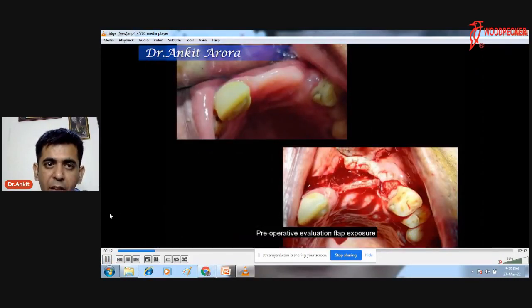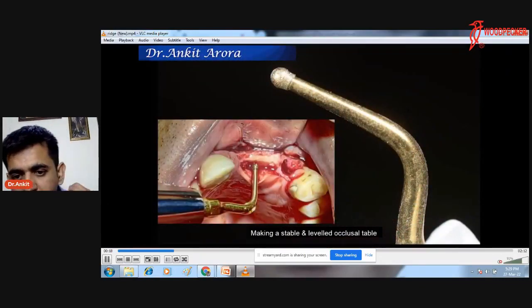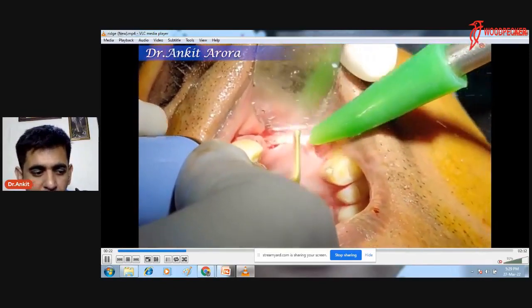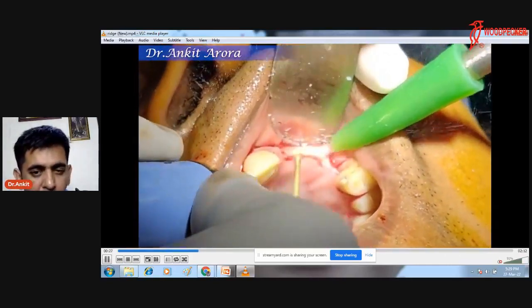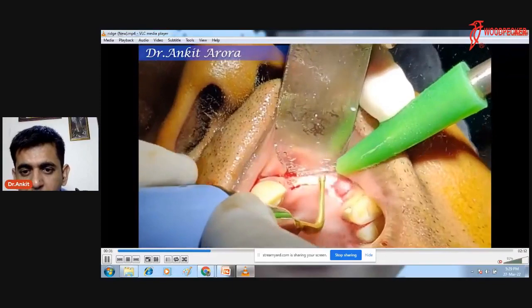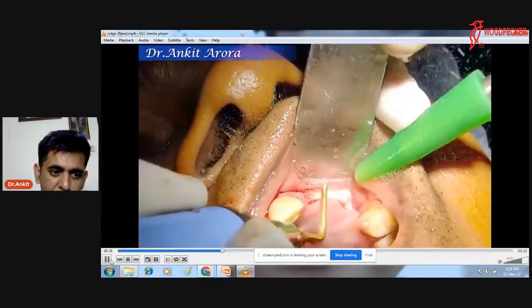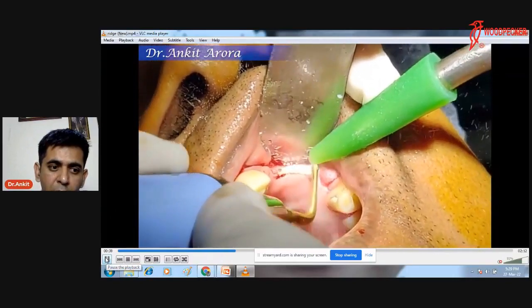Now, this is the diagram which you have already seen in our slides, and this is the preoperative. This is how we have leveled the stable and made a stable and leveled occlusal table. This is how we have done it with a proper burr, and we properly leveled it where our implant is to be placed, so that implants are at proper abutment level, so that the prosthesis and the circumferential implant abutment height